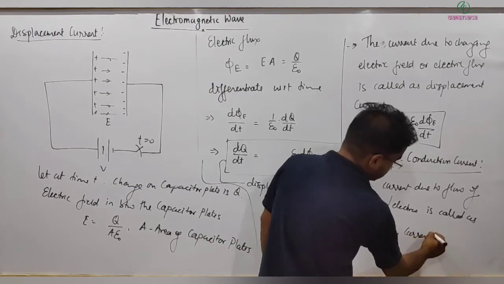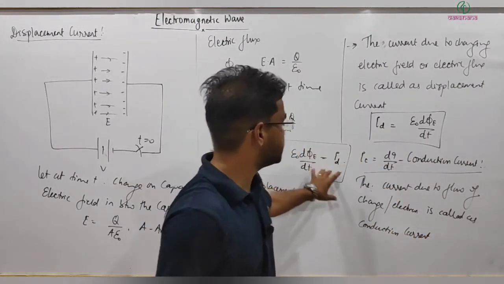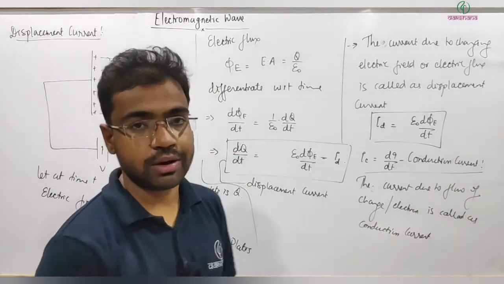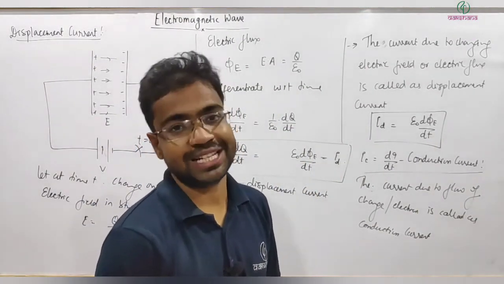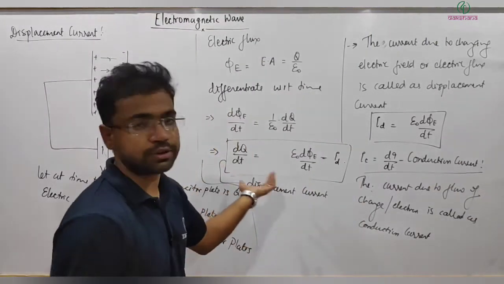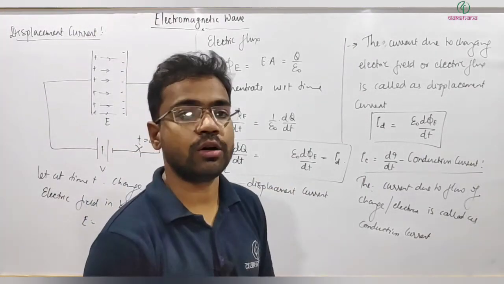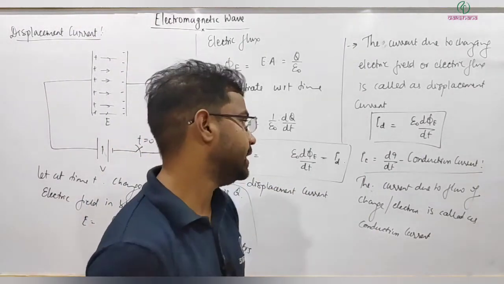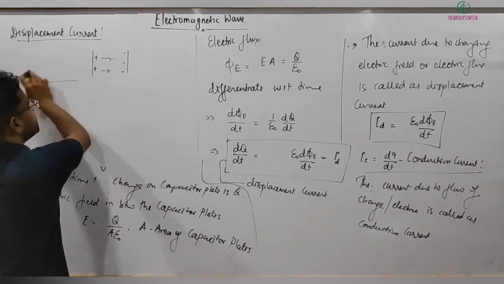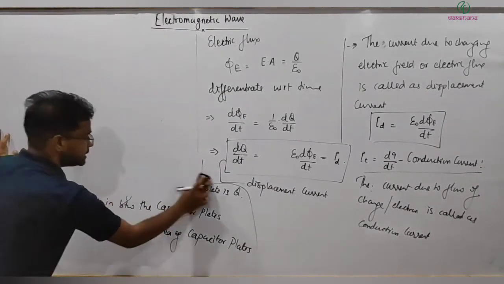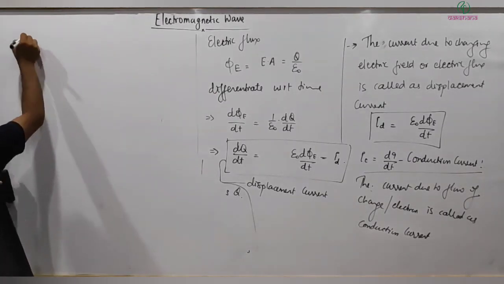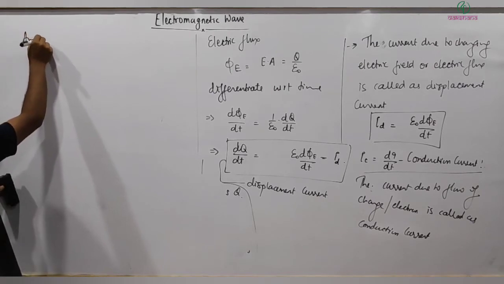Then after this displacement current concept, Maxwell modified Ampere's law, and it was called the Ampere-Maxwell law, or Maxwell-Ampere's law. And then that fourth result, the Ampere-Maxwell law, was predicting everything correctly. So this is how we needed the concept of displacement current. And after this, the modified Ampere-Maxwell law is